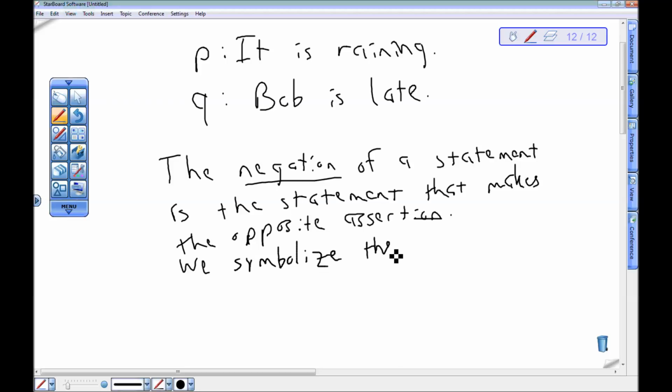We symbolize the negation of P as this symbol and then P. That's a tilde. If you look at your keyboard, it is way in the upper left-hand corner below escape on most keyboards. Negation of P is that symbol, P, and generally